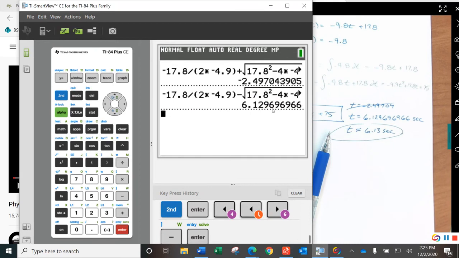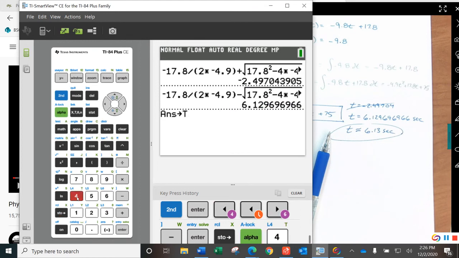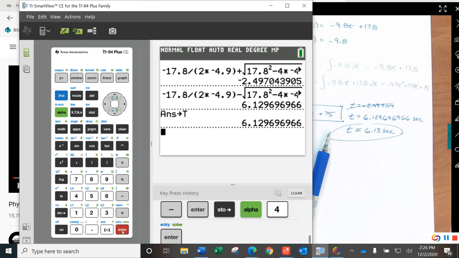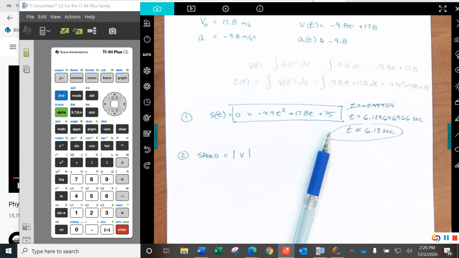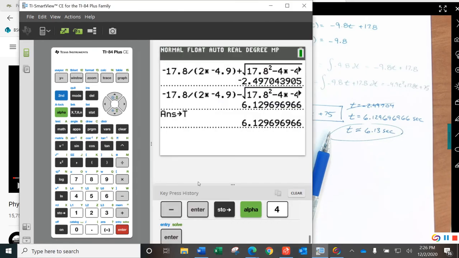And grab my calculator for this job. Now I have that 6.1296 and some change in the calculator. Just for fun, I'll store that to t. There we go. Stored to t. Now when I say t, it knows what it is. So when I look at my velocity function, which is negative 9.8 times t plus 17.8, and I put that into my calculator like this,